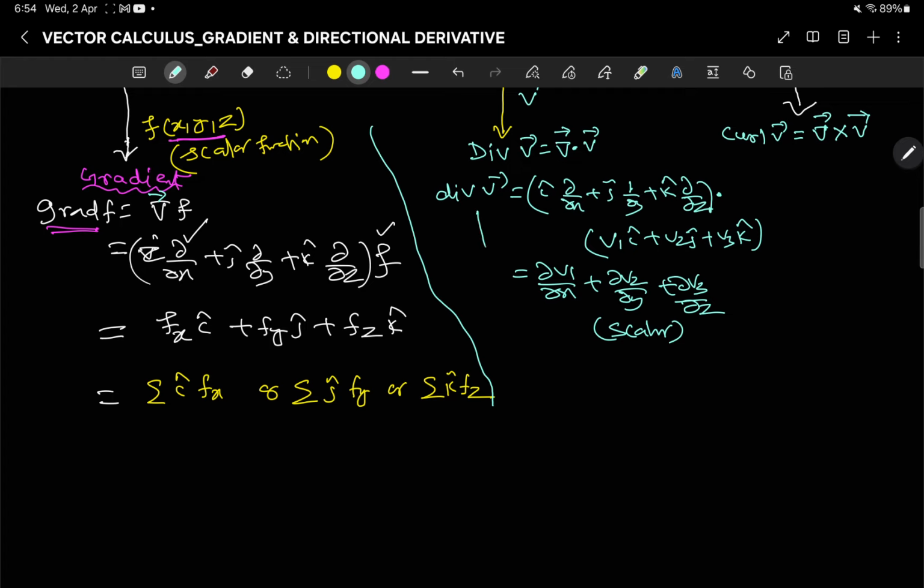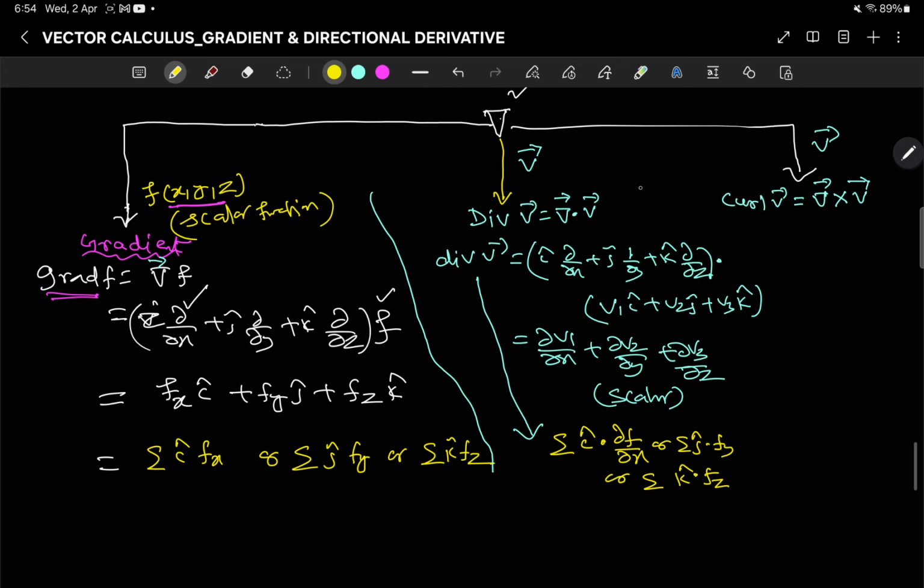Or I can write it from a symbolic point of view. It is simply the summation of i cap dot del f by del x, or I may write the summation of j cap dot f_y, or the summation of k cap dot f_z. So here the dot product is there. Now for the curl you have,